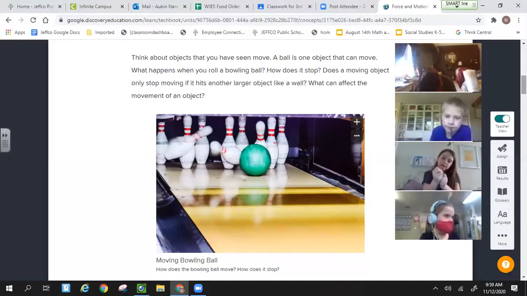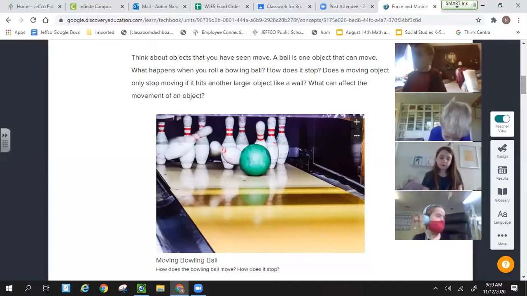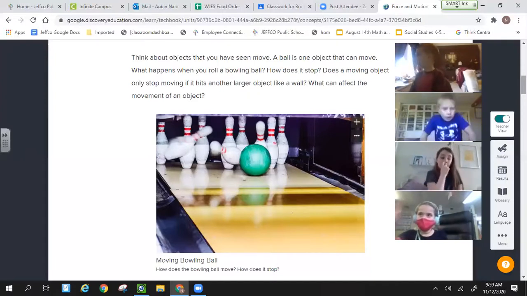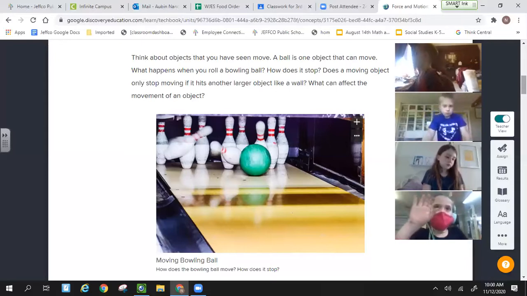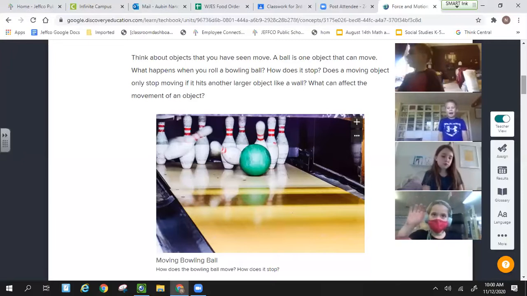Very interesting. How else can an object stop that's in motion besides hitting something else? Yeah, Ryder. If it rolls for too long, when it's something flat, the air kind of starts to stop it because it doesn't get as much force.